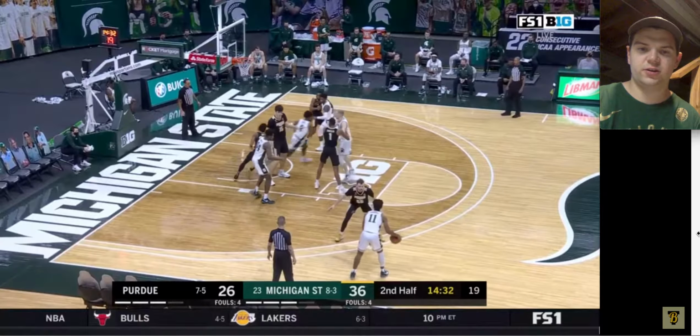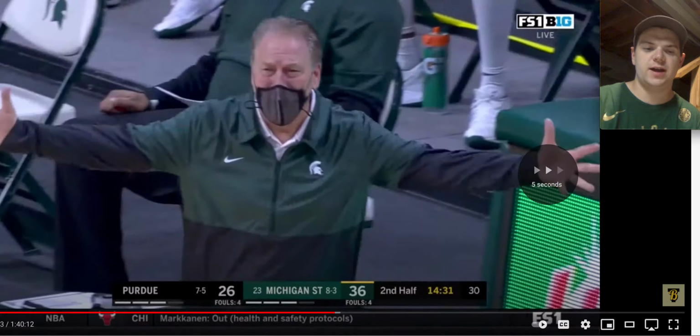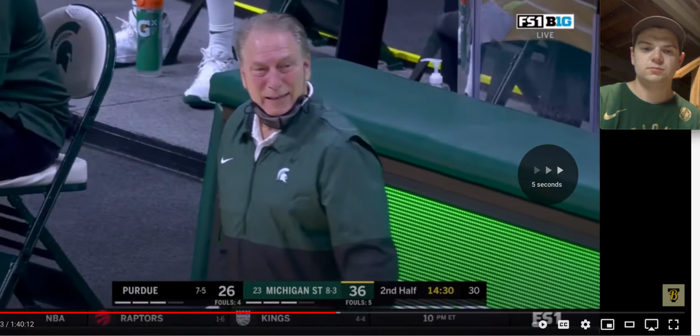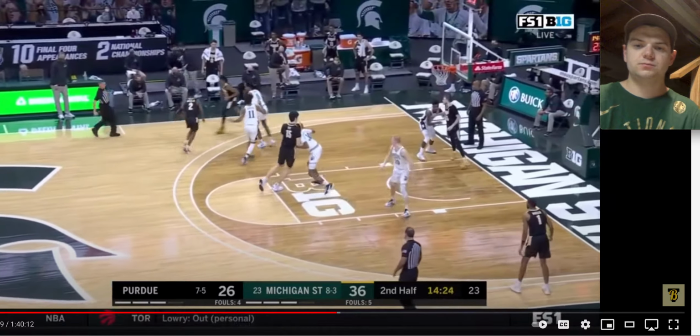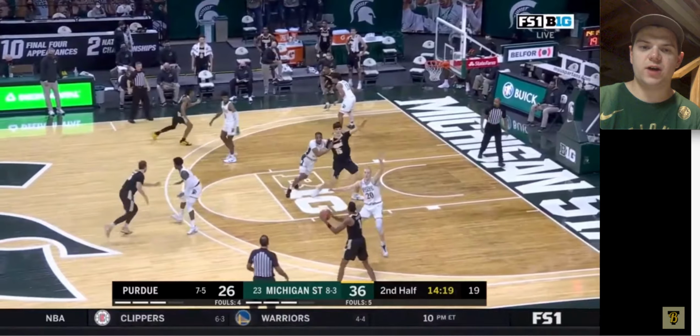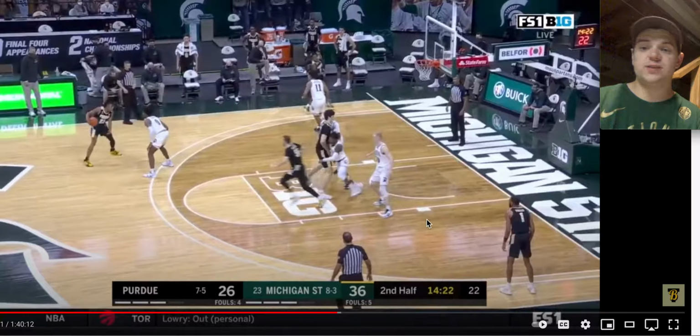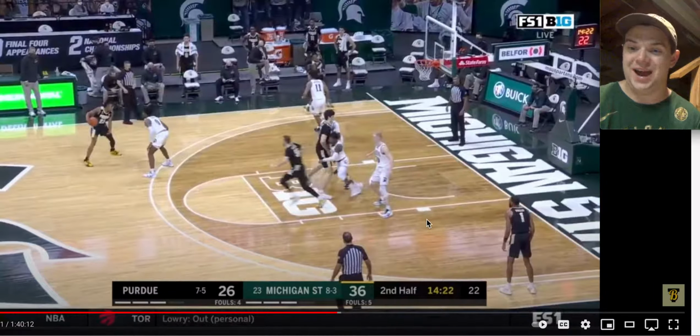And you'll see, I think they're going to try and get him to ball off this curl. Let's see what he does here. Looks like we got a moving screen, actually. And here we go. So here's Aaron Henry on Jaden Ivey, right? But then again, you see it right here, right? This is what we talked about in the first half, right? Just these weird, like, you're supposed to think that they're uncharacteristic defensive lapses, but they really aren't uncharacteristic because he does this all the time, which I think is really fascinating considering how good of a defender he is